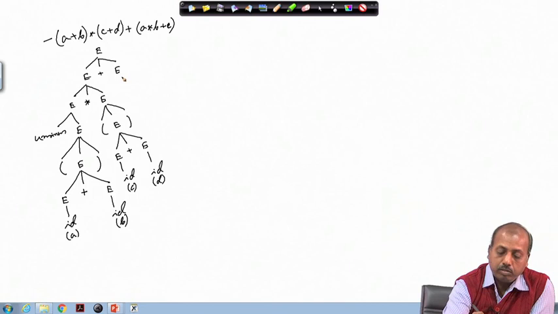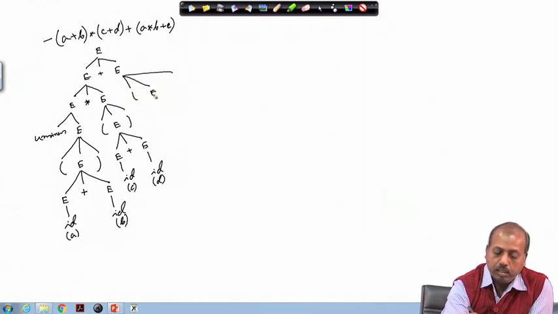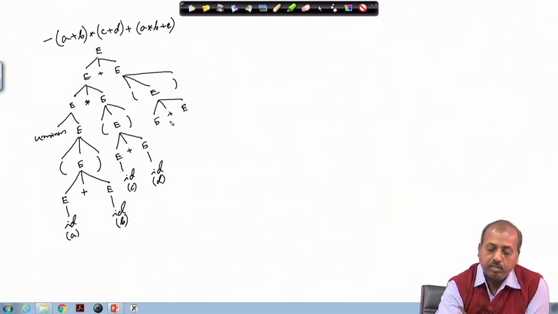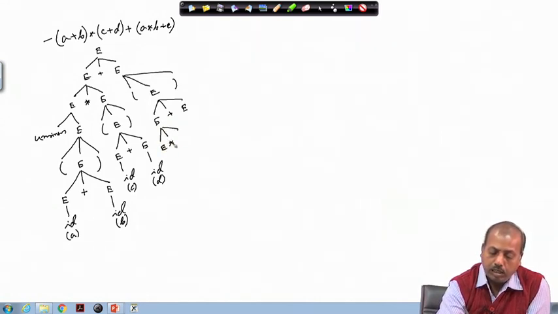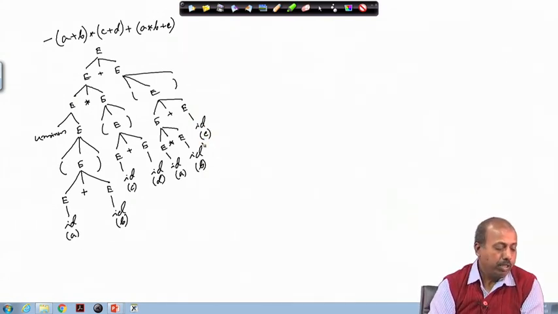Now, this one will give us within bracket E bracket close, and then again this plus has to be generated. So, this is E plus E. So, this E should give me E star E, this E should give me ID, that is A, this E should give me ID, that is B, and then this E should give me ID, which is C. This is the whole parse tree.